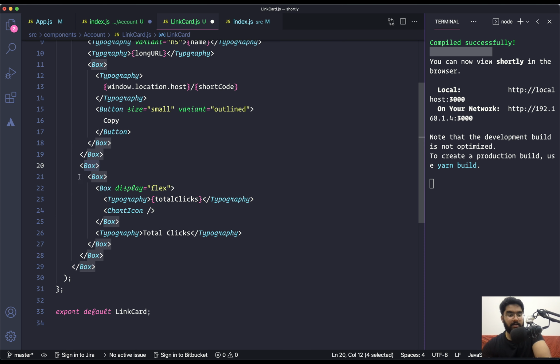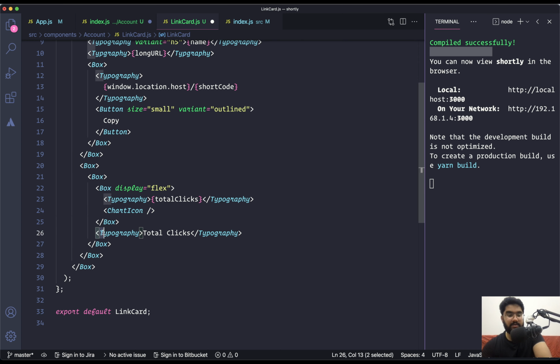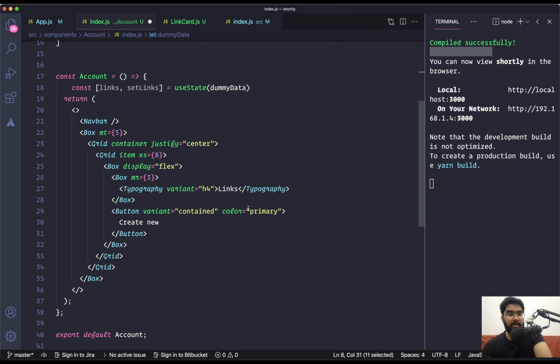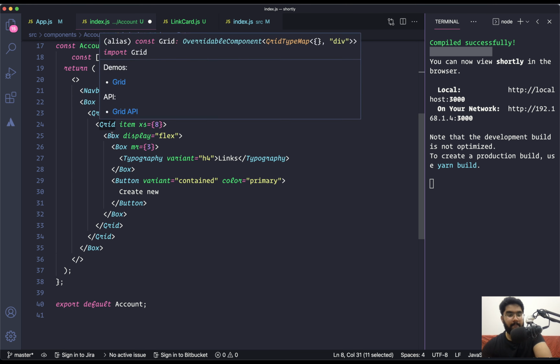So this is the right one, this is the one which contains the entire thing, and then we have the one wrapping the upper content, to which we have set the display to be of flex, just so that the text and the icon are on the same axis. And next to it we are adding the typography. Perfect. So now getting back to the account component,